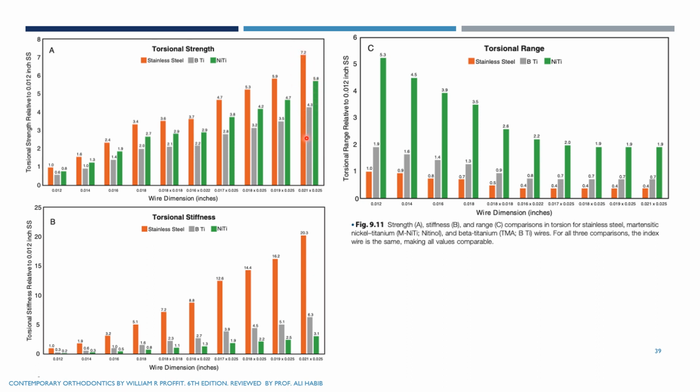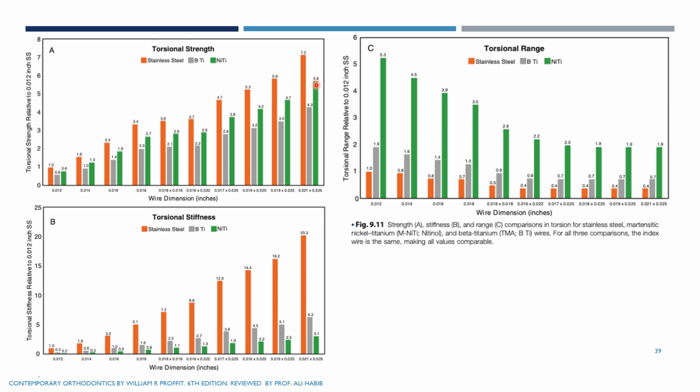You can see the torsion strength when all the wires are compared to the standard, which takes number one, the 12 mil stainless steel wire. So the torsional strength of the beta titanium is 4,